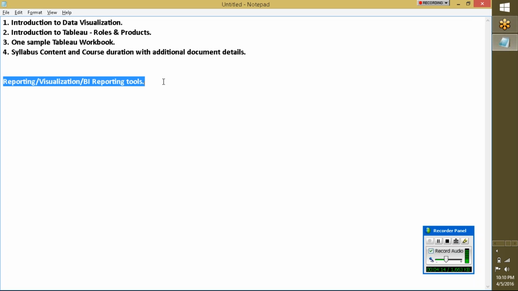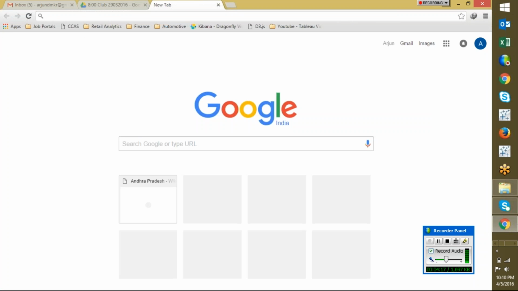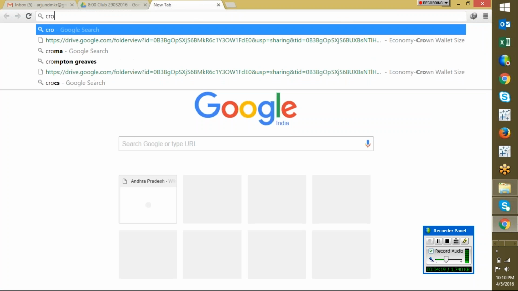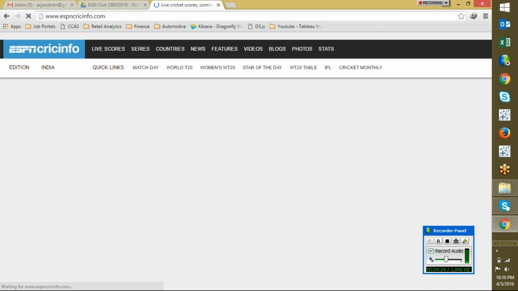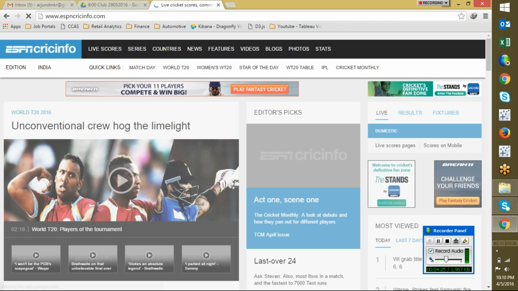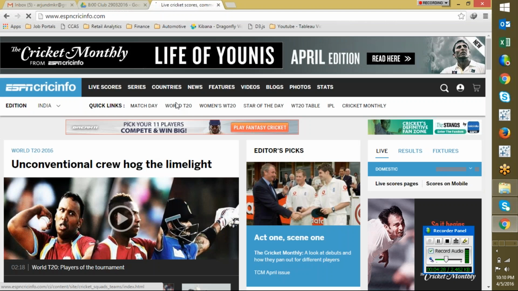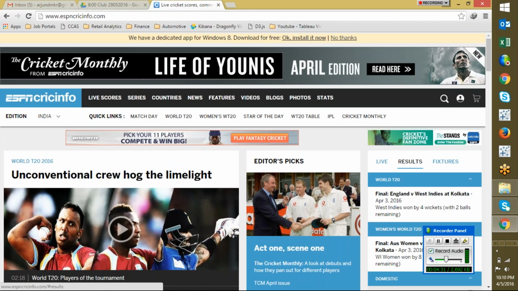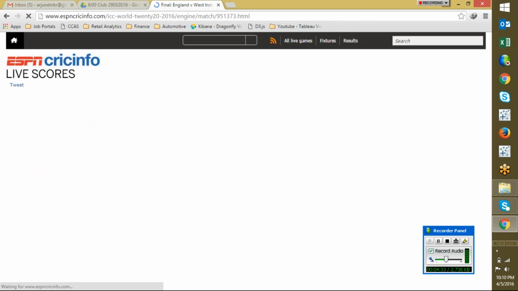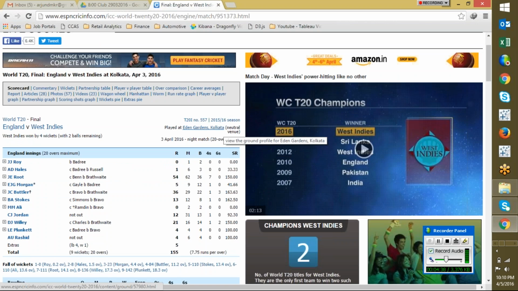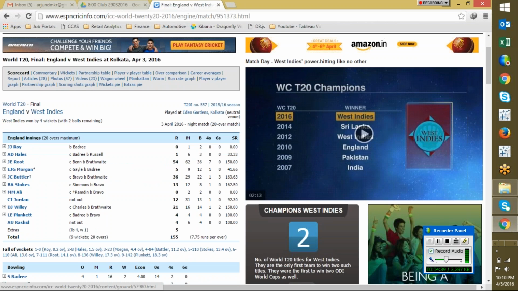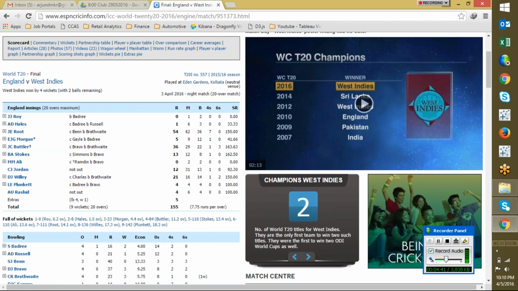So what exactly is the purpose of these reporting tools? I'll just explain that to you with a simple example, which most of you can relate to actually. See, just have a look on the screen. Here the scorecard is represented in two different ways. Number one, you can see the scorecard over here in a normal table format, okay, which will give you the